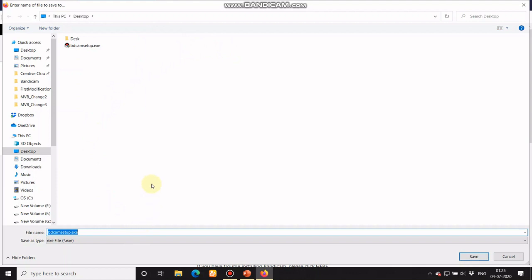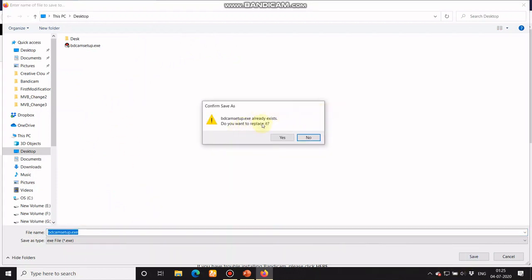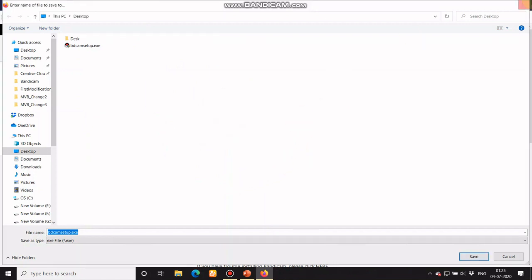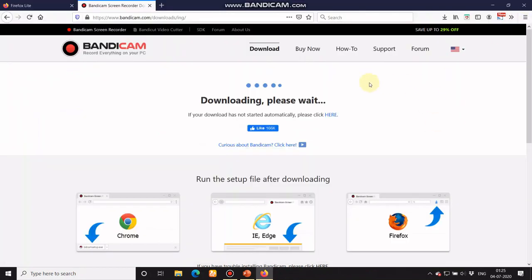As I have already done this process, it will ask me to replace the file, so I will click on no. Once you save the file, the exe file is saved to that location. Just click on that exe file. The window will pop up. Follow the process of next to next window till you reach the finish button.